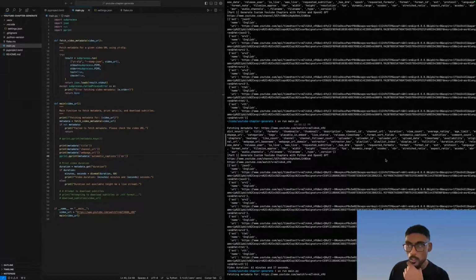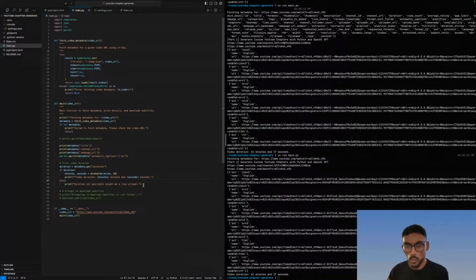I'm gonna run this. So what it's doing is it's using the YTDLP command line tool to grab metadata from YouTube, and from that metadata, we are extracting the title of the video, the channel URL, which is this one, the web page URL, which is I guess the URL to the video, and then we have this automatic captions field where we're grabbing the captions that were generated by YouTube.